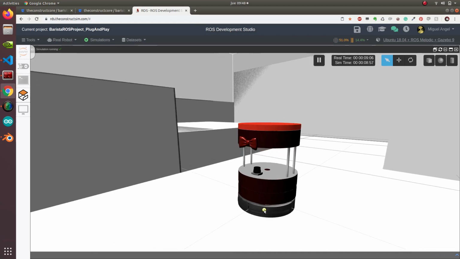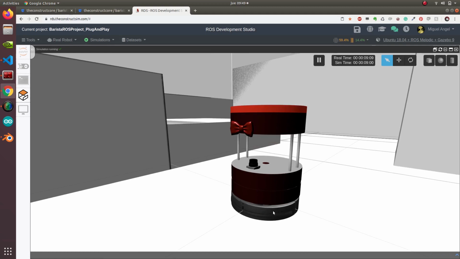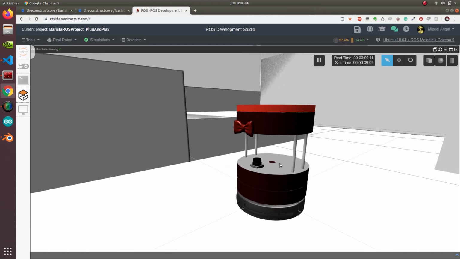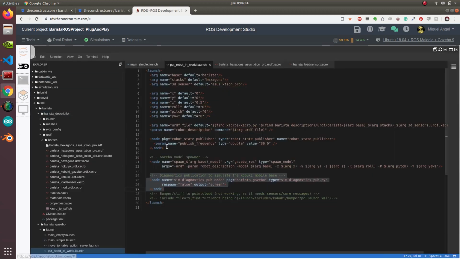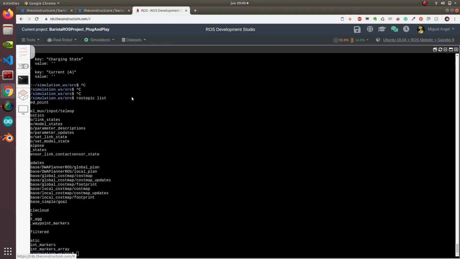And also we will need to transform the diagnostics data into something that the web app can interpret. In this case, we are only interested in the battery life. So we will subscribe to that diagnostics and get that data. So let's have a look. So for that, we are going to launch